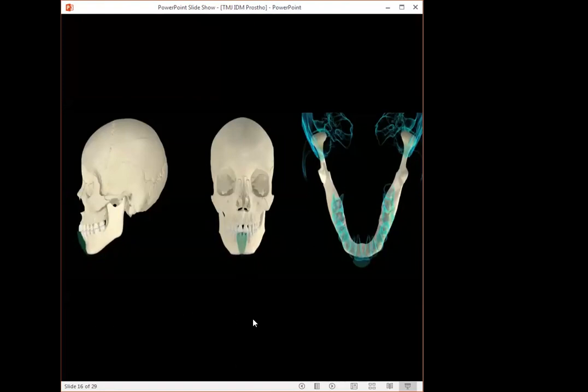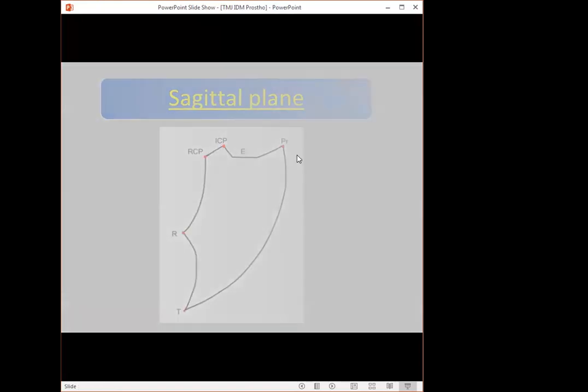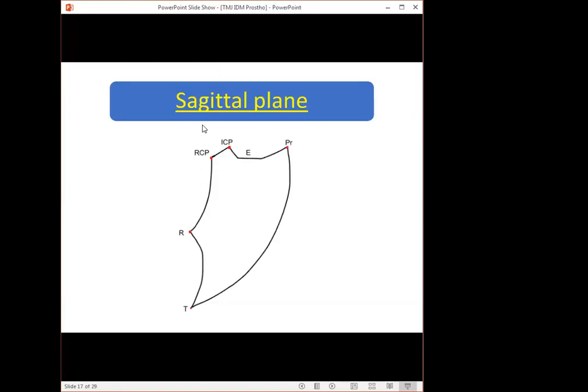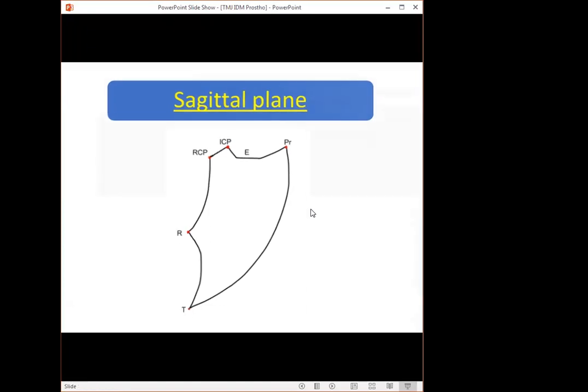This is how you record the centric relation when planning to replace missing teeth. So this movement is very important. This is how you trace the movement of the mandible. This ICP represents your intercuspal position. This will be taken in detail in prosthodontics. They'll teach you in detail, but for now just remember this pattern. These are the various movements that are possible with the mandible before recording the mandibular relation.